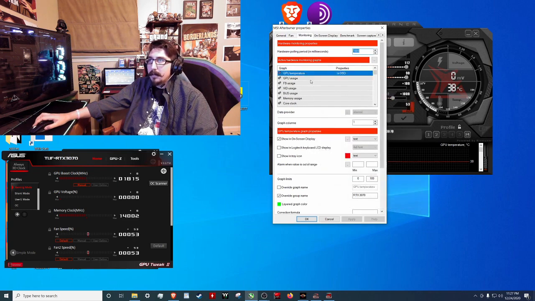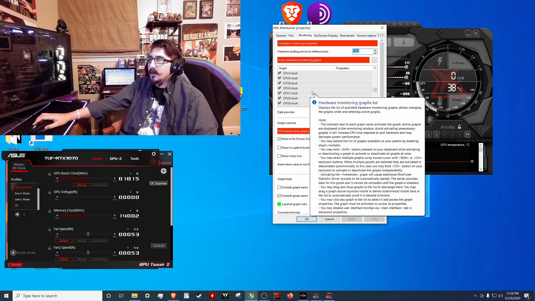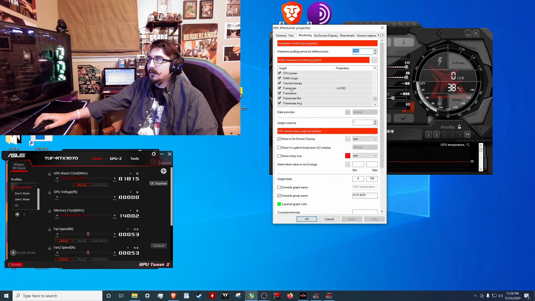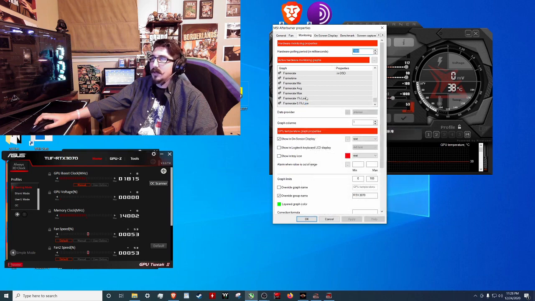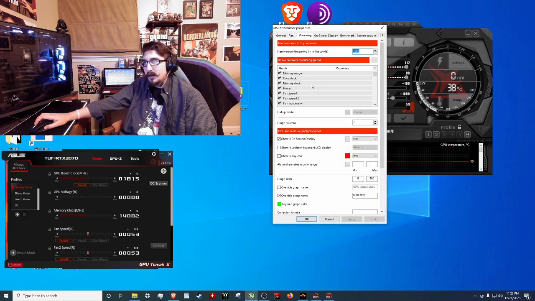For me, I'm just going to run the GPU temperature while the game's running so I can make sure that it's not overheating and it's staying pretty stable. And the only other thing I want is the frame rate. That'll just give me the frames at that current time. You can do the average, but the frame rate I'm okay with. It just depends on what you want. You can have the different percentages and all that, but